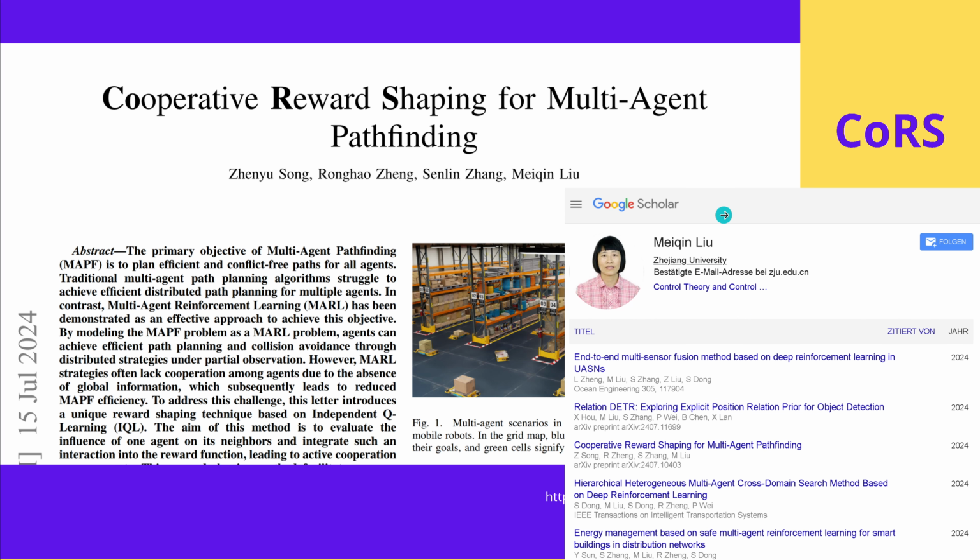Interesting, if you look here at the other publication, for example, if you ask yourself, why are we investigating this? We know how a Tesla car drives. Yeah, but you know what? Just have to look at the title, for example. An end-to-end multi-sensor fusion method based on deep reinforcement learning in USNs. And you think, okay, this here is an Amazon warehouse, the floor, two-dimensional, no problems at all.